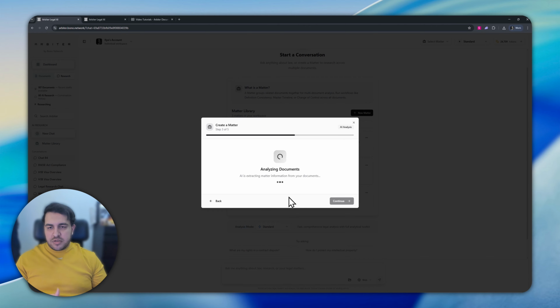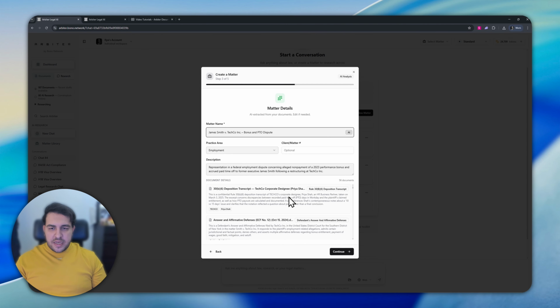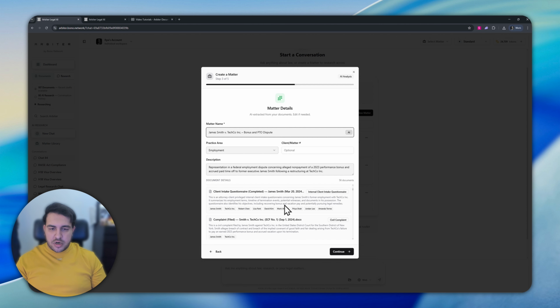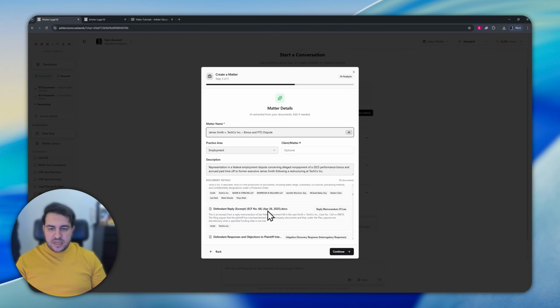It will scan them, extract the metadata for all of them, and let you know what kind of matter this is at a first glance. So let's just wait until this is done. And it should be ready any second now. Okay, as you can see, Arbiter understood that this is a bonus and PTO dispute. The practice area is employment, and it created a brief description. It also extracted these excerpts from all of these documents, all the parties within them, and